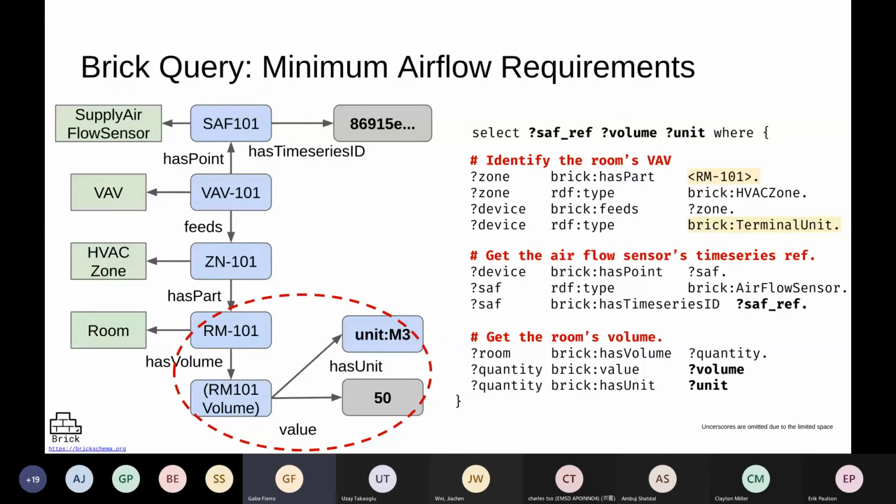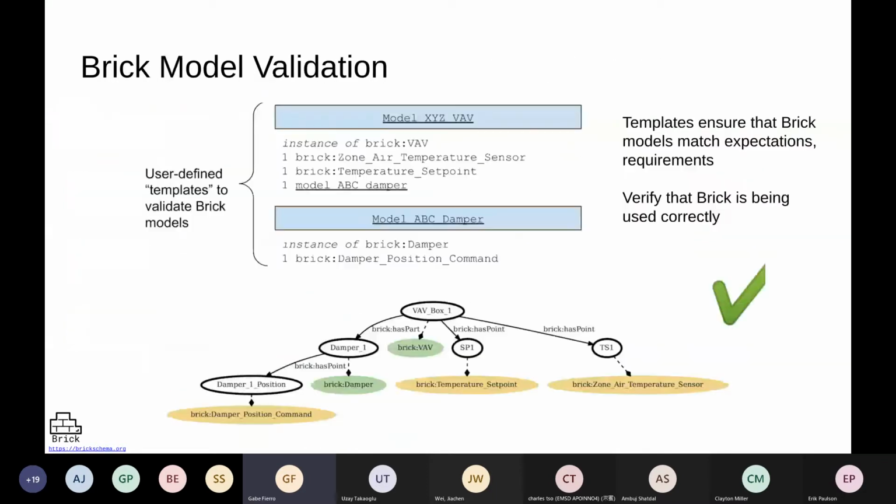This kind of query more or less should work on many different kinds of buildings, because it has standardized what that graph should look like. There are a few things we can do to make this query a little more complex, that will allow it to run on a larger number of buildings, but this does get the idea across.